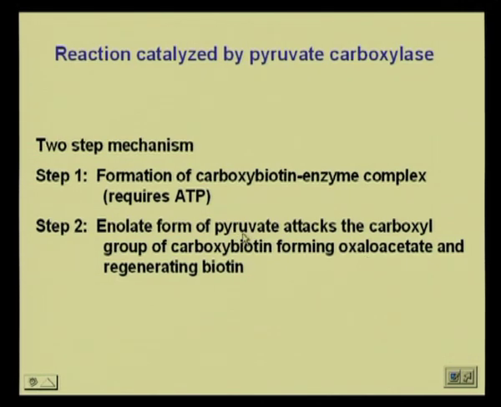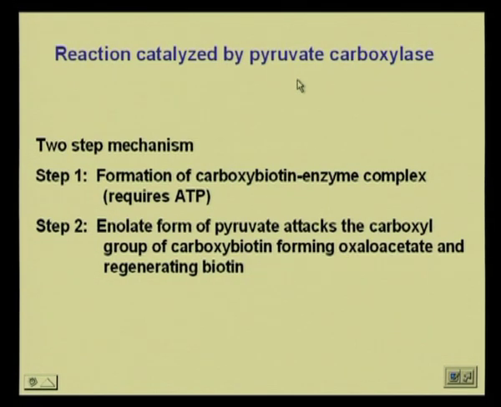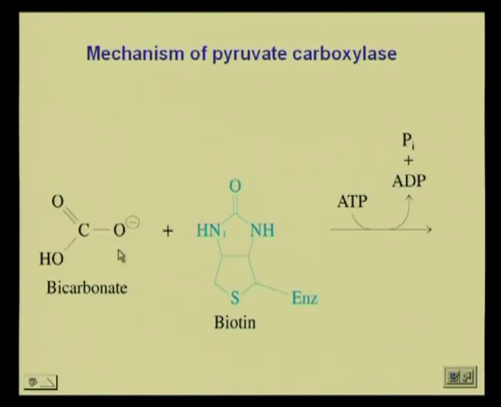Now, this reaction, the enolate form of pyruvate going to oxaloacetate, is a very important reaction in what is called carbohydrate metabolism, which we will see when we do bioenergetics. You will then recognize where each of these enzymes comes into play. Because there are different steps in the reactions, these different steps obviously have different enzymes, and these different enzymes in turn have different cofactors, the presence of which will then allow the enzymatic activities to take place. So, what happens here is you have a bicarbonate and you have the biotin that is